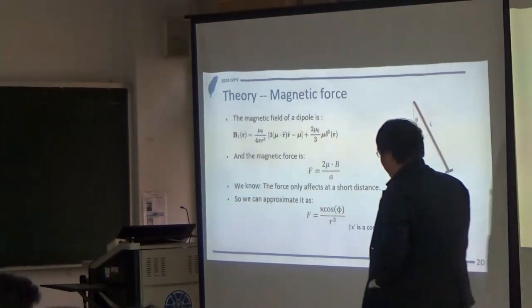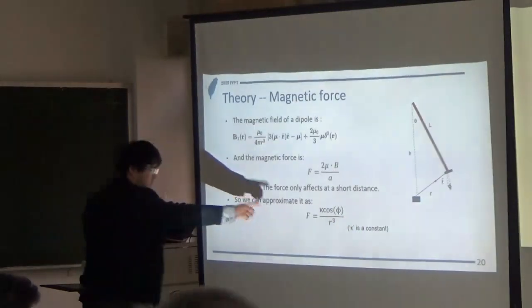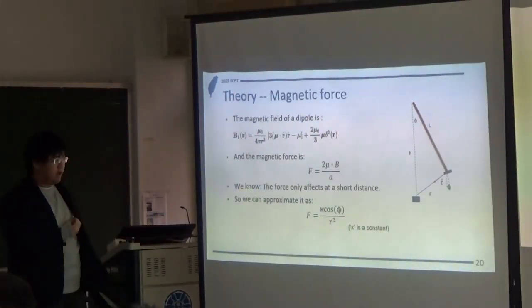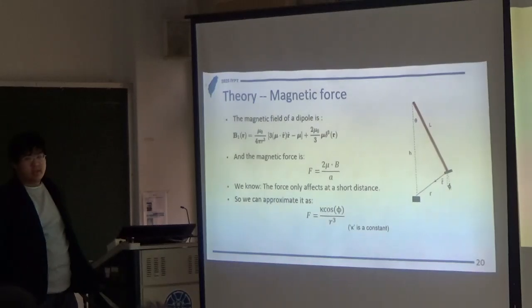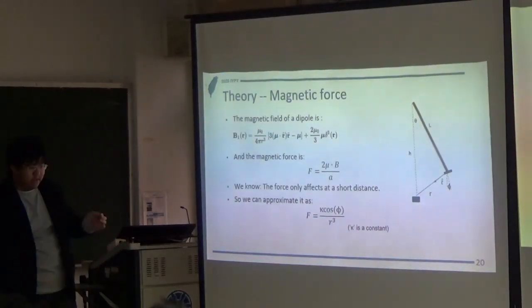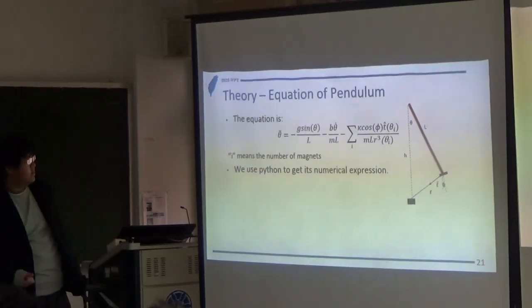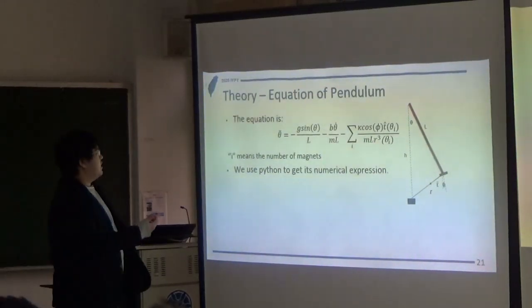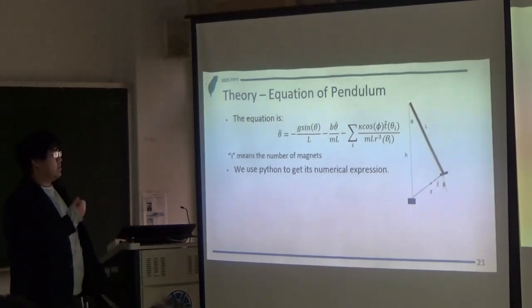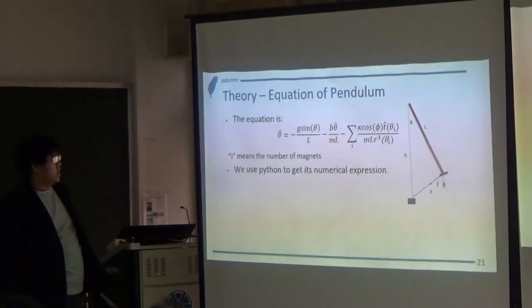So we can approximate this, and notice that kappa is a constant that we determine with our experiment one. And the theory about the equation of the pendulum. The equation